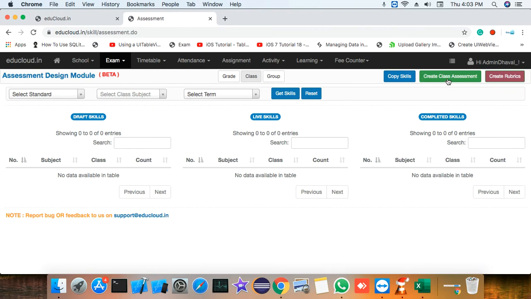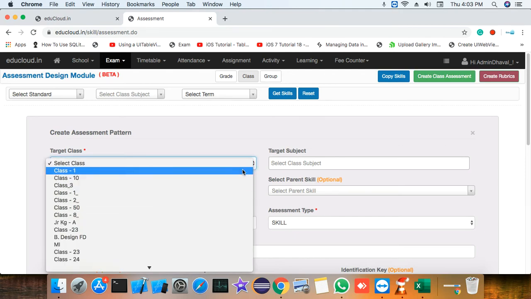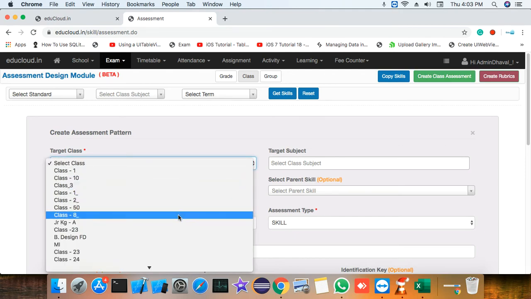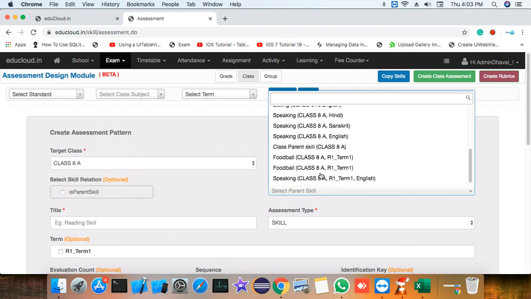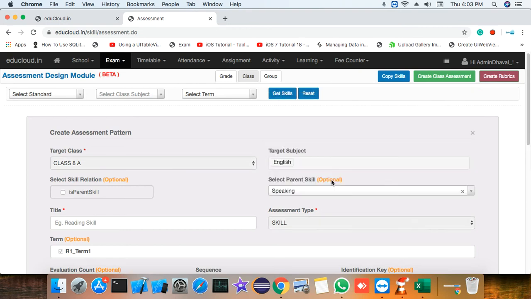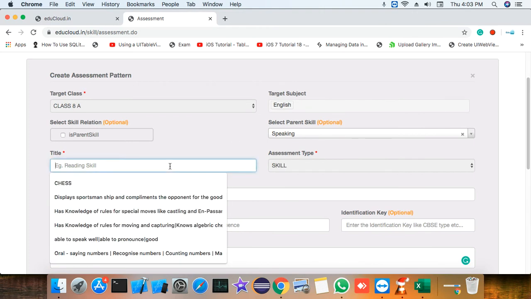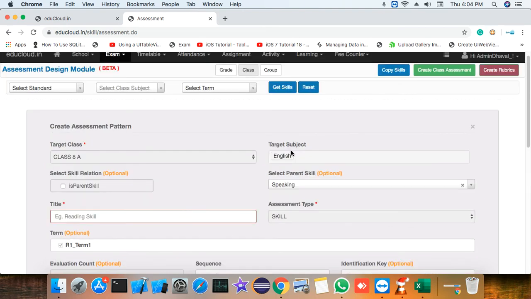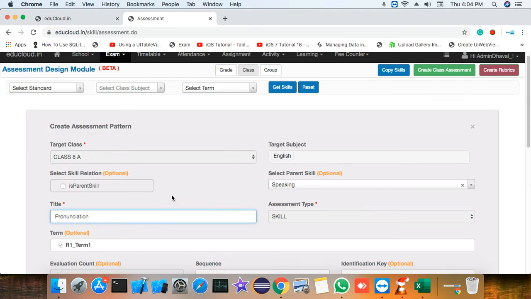Now we'll create child skills for our parent skill. We click on class assessment, then we select our class, then we select our parent skill, the parent skill speaking skill for English. By default the English subject will be selected, and this skill will be considered as a child skill. So now reading means pronunciation, right? So say pronunciation is a child skill for our speaking,